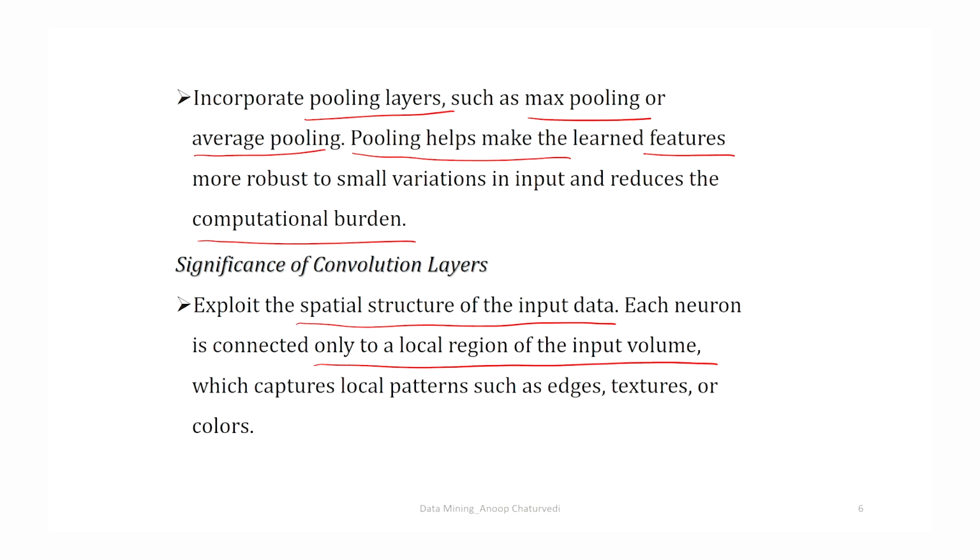In a convolution network, each neuron of the output layer is connected to a local region of the input, and this captures local patterns such as edges, textures or colors. So, this is the basic objective of these convolution layers, to capture such kind of patterns, say the texture or edges or colors,